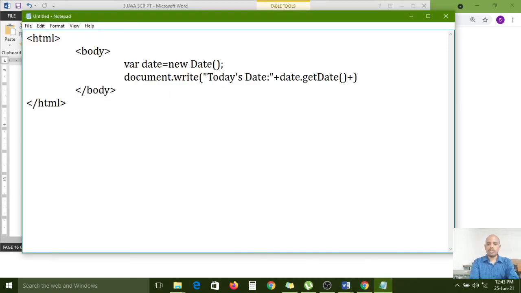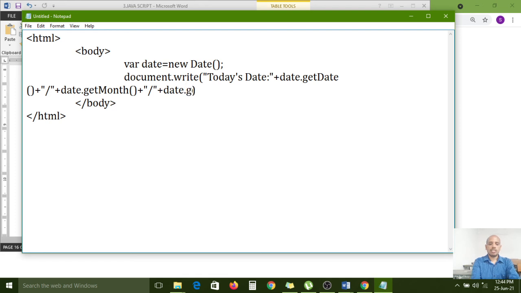After that it needs to print a slash for the separation purpose, and again one plus operator, again date dot get month, get month. And here one plus operator, one slash symbol, again plus date dot get full year, get full year.